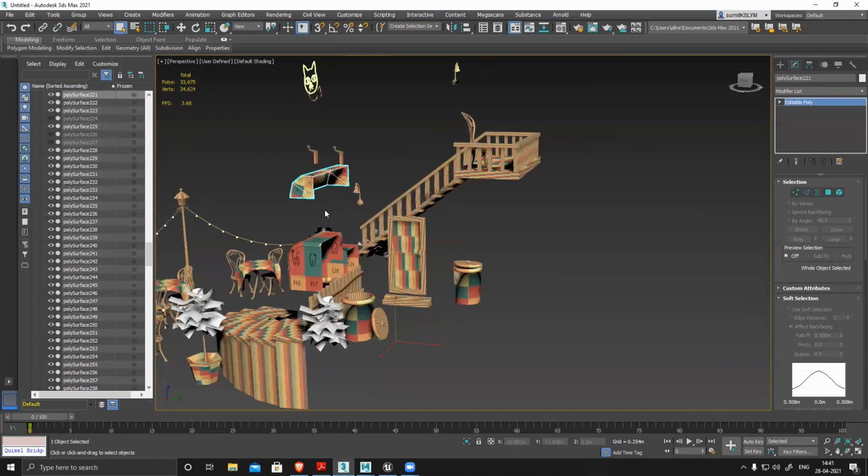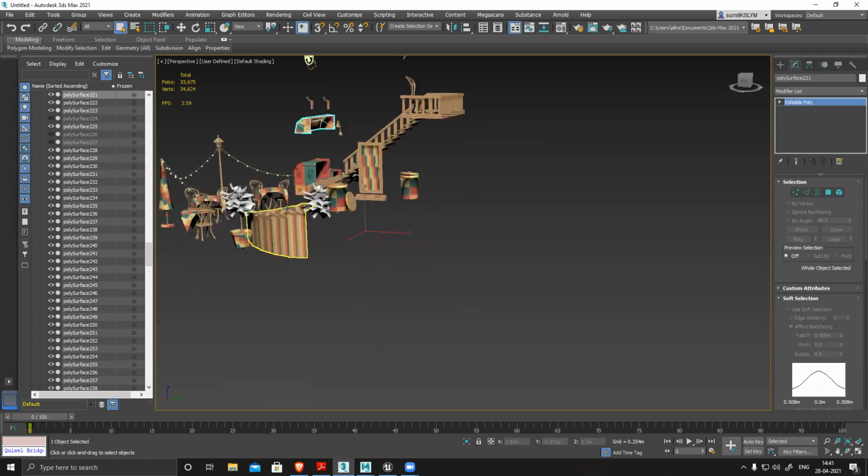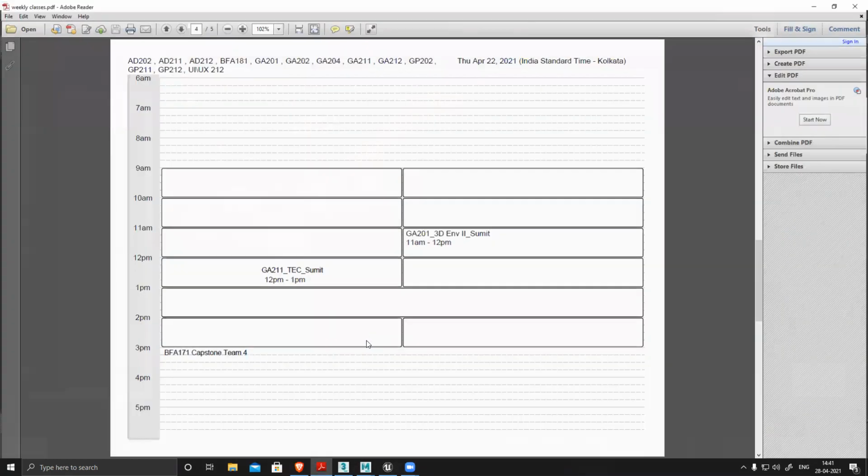Like this, one by one, I'll unwrap everything, and if there is any kind of issue in my model, any extra edges, any extra vertex or overlapping, I'll fix that and finish my entire UV. Almost half the things are done, still half is remaining. So I'll unwrap it, and tomorrow, do we have class?